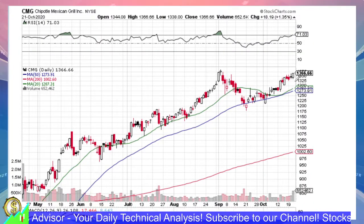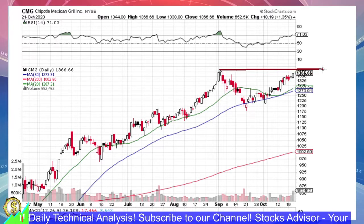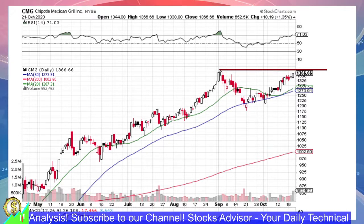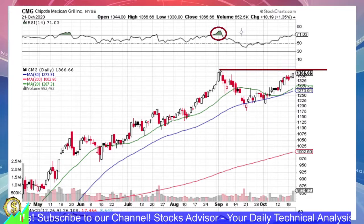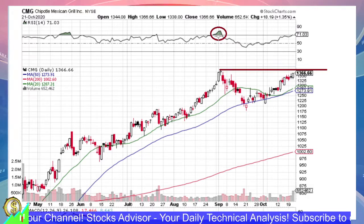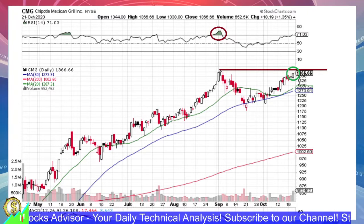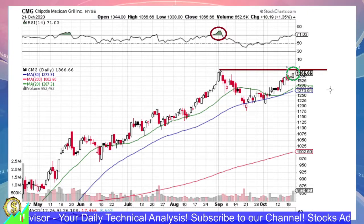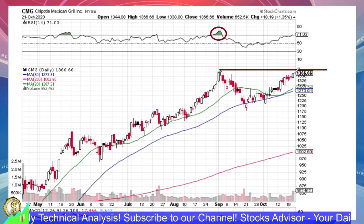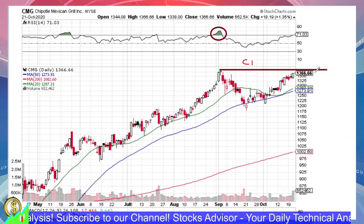If we look here closer, what do we see? Well, we see already the formation of the ceiling took place before, so it's on this level. And it took place in the beginning of September, actually also sending price quite over both levels RSI wise, so almost up to 80. And what we see now, well, you can still say that today's action, the white candle, might still be very bullish and flagging, but if you look at the after hours indication, it just means that no, it's most probably just going to go for further correction, because we most probably won't pierce this C1 ceiling, and we will